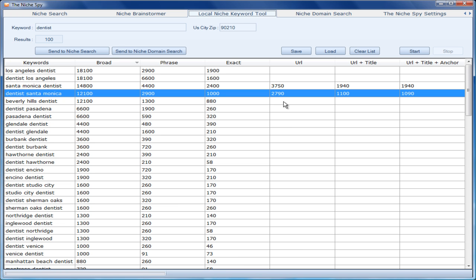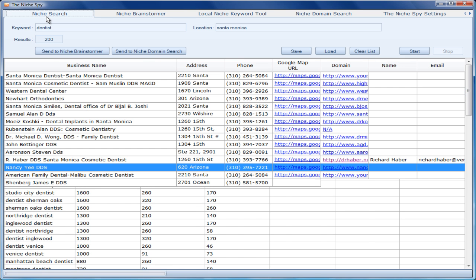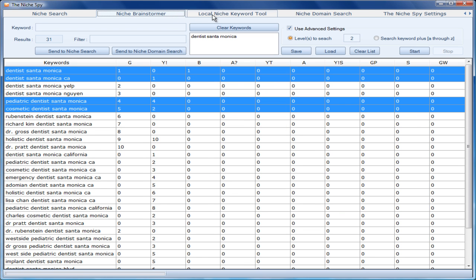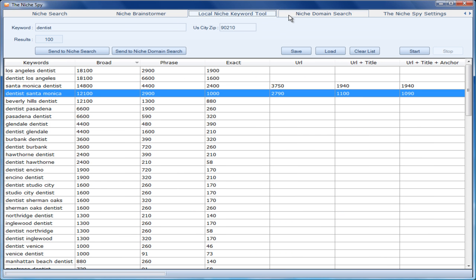Basically, you can cherry pick your way through. We've just taken dentists here. There are thousands of professions and hundreds of zip codes, which creates a never-ending list of keywords that you can target for these people. And so those are the 4 key tools that we've seen in the Niche Spy,